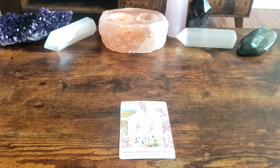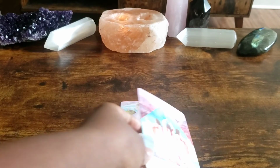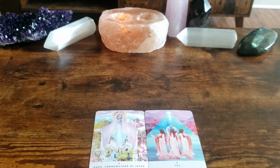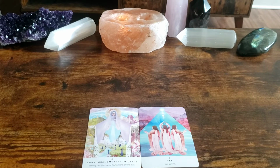So let me pull, I want to pull one from this, and I may take a bottom because I think that's what I did in pile 1. So let's see what's draining your energy and how we can go about recharging it. Okay, the card that stabbed me in the hand is yes. Just say yes. Now, that's two things. If you had a question on whether or not you should do something, the answer is yes. And I'm trying to word that appropriately because